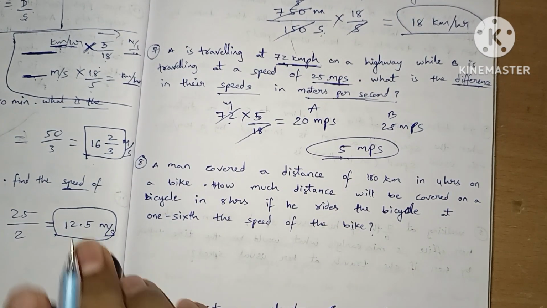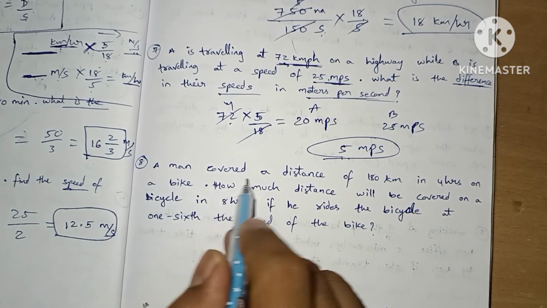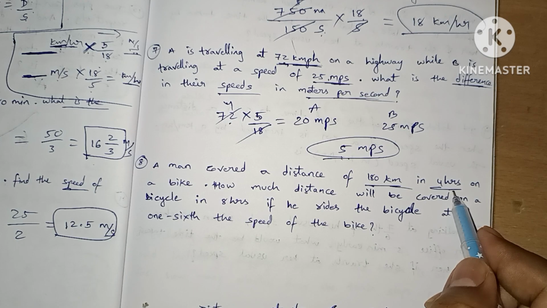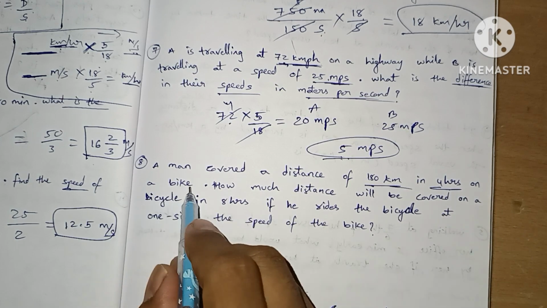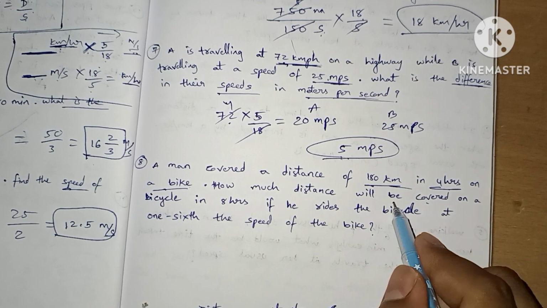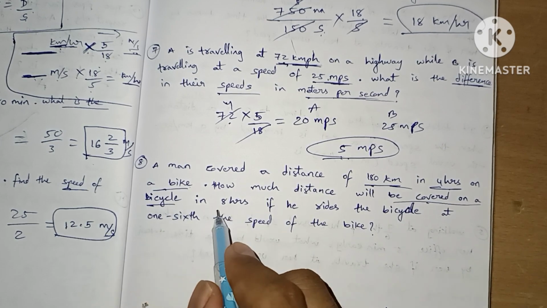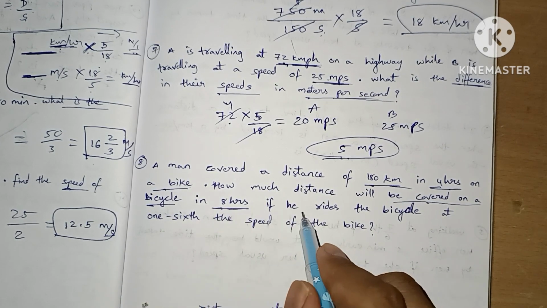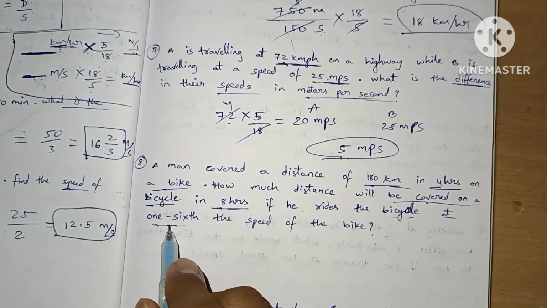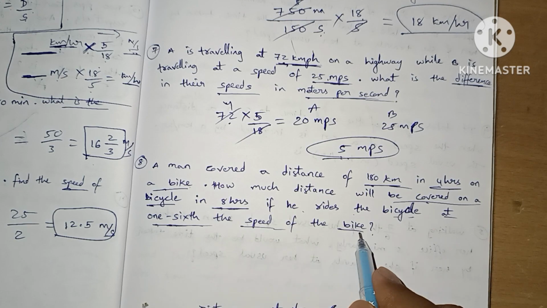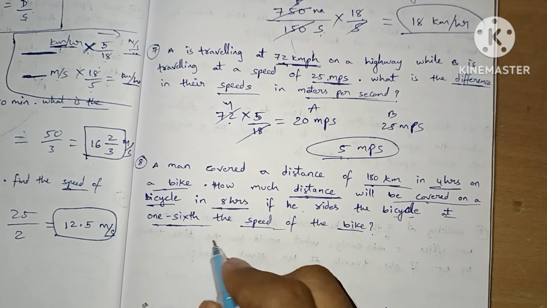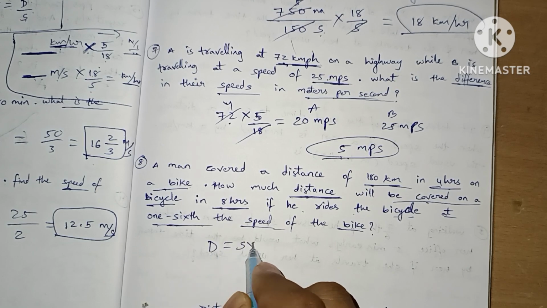Now let's see question number 8. A man covered a distance of 180 kilometers in 4 hours on a bike. How much distance will be covered on a bicycle in 8 hours if he rides the bicycle at 1/6 the speed of the bike? So what we need to find is the distance. Distance equals speed into time,